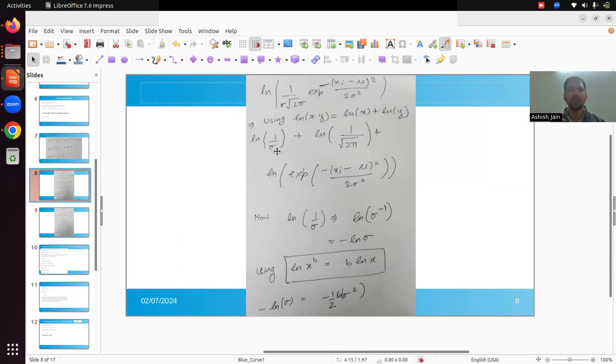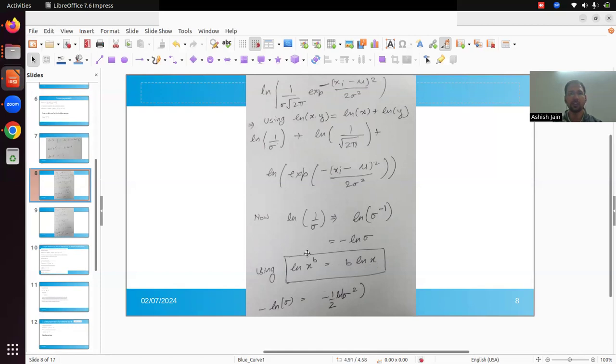Then we expand it to three terms: logarithm of 1 by sigma plus logarithm of 1 by root 2 pi plus logarithm of exponential of negative of x minus mu squared divided by 2 sigma squared. Then we use the power rule, where the logarithm of x raised to the power b equals b logarithm of x